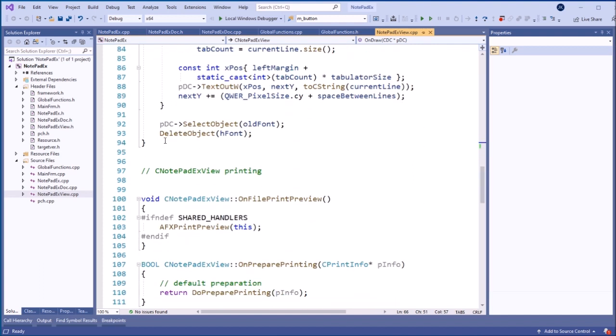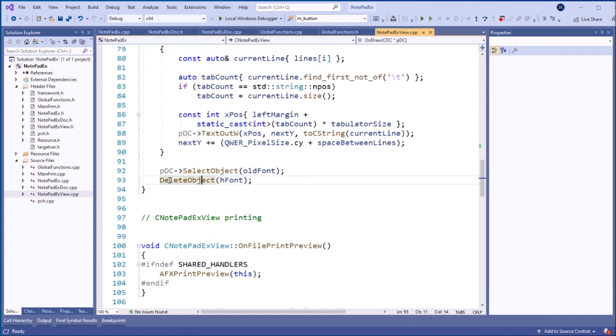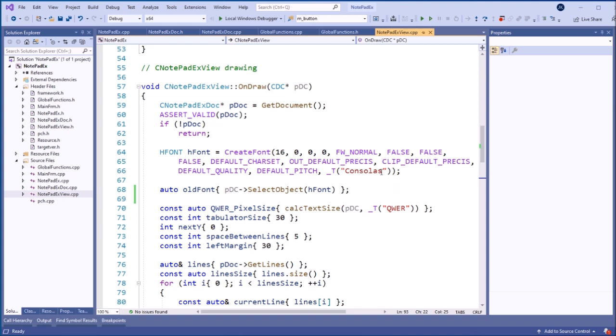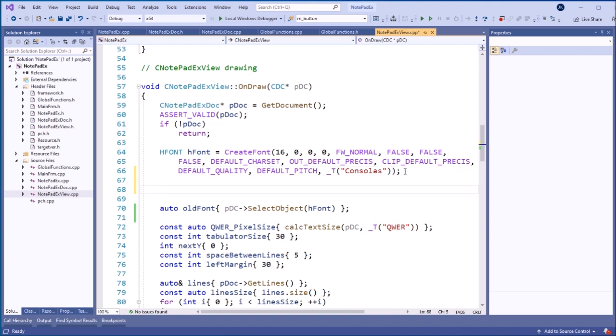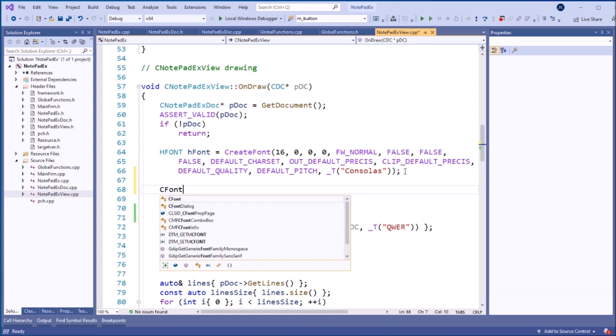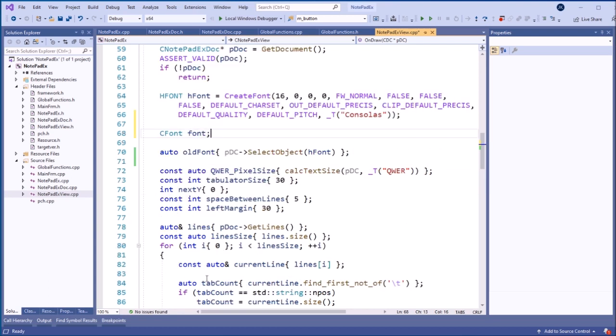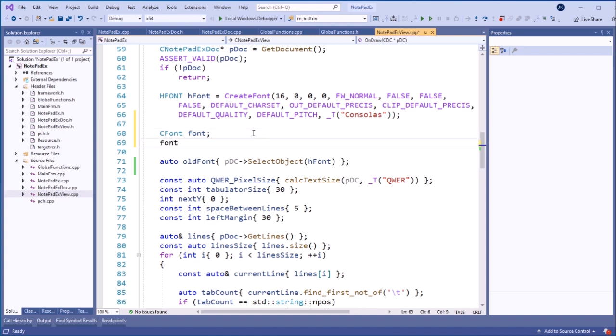So let's fix this problem, because there is an easier way to do this. As we can see, we need to destroy the object here, and when we are using the MFC version of the font, we don't need to destroy the object. It will automatically destroy the object, so it's nicer. So the way to do it is that we use this MFC font instead. We will create a font for the document text, but I just call it font. And then the way to create this MFC font is just to say Create,